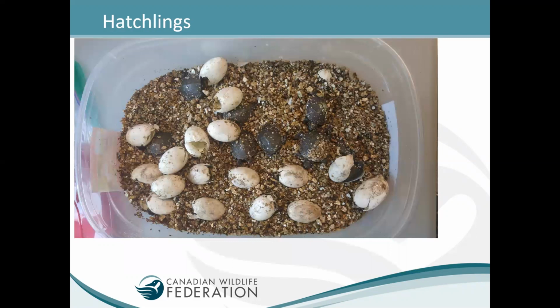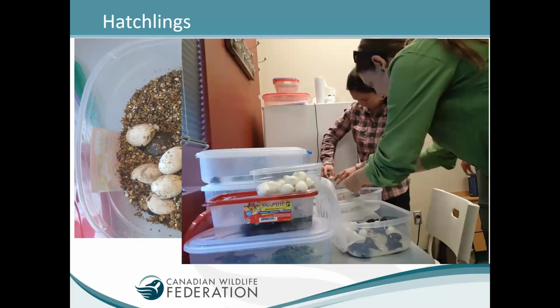Once 1 or 2 eggs in a clutch start to hatch, we typically get more and more hatchlings popping out. It's kind of like popping popcorn. You get a couple of kernels that pop, and then the rest of the batch goes very, very quickly. So this is a batch of Blandings turtles. You'll note the oval-shaped eggs. And this is probably taken first thing in the morning. We've come in, a whole bunch of hatchlings have left the eggs. And so we'd be doing the work of moving them out of these bins where the vermiculite is, trying to give them a bit of a bath to wash off a bit of vermiculite,